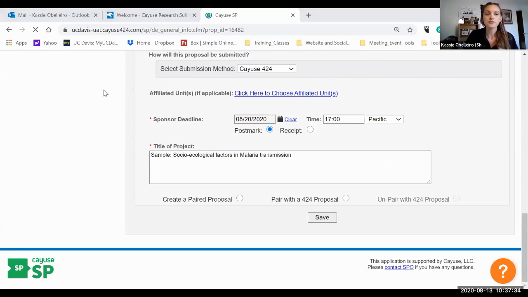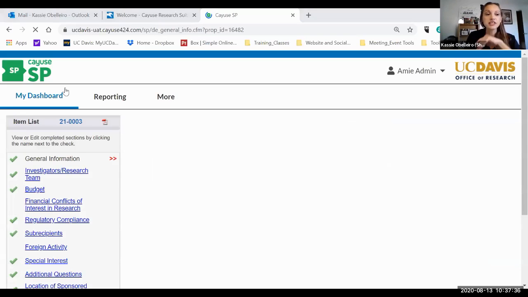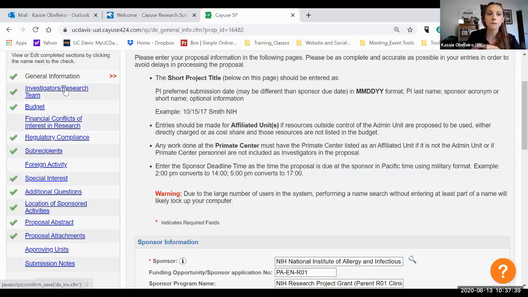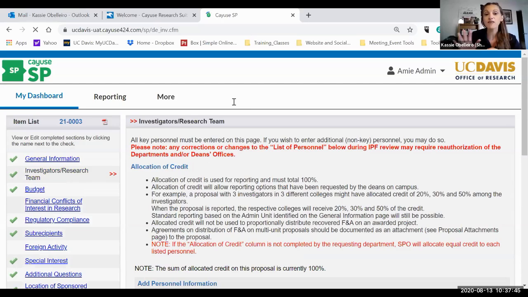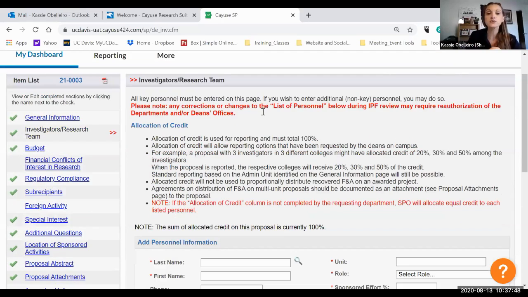And now I have all of my other tabs. The green check mark means that the system requirements are there. It doesn't mean that you did it right, but it means the system requirements are there. The investigators research team tab, again, we have notes here, and you're going to see in red here, it talks about